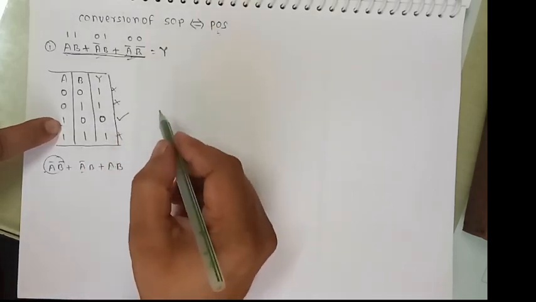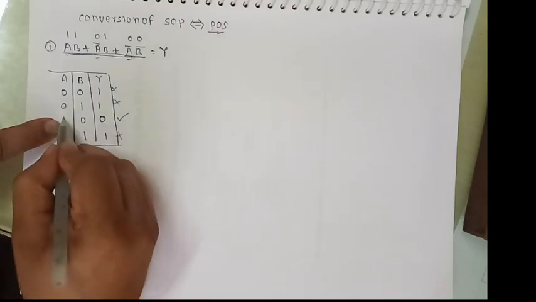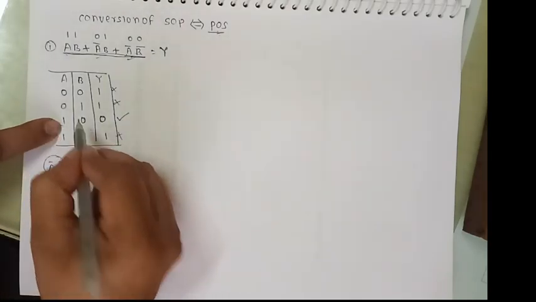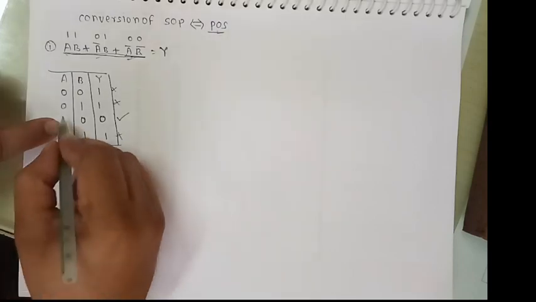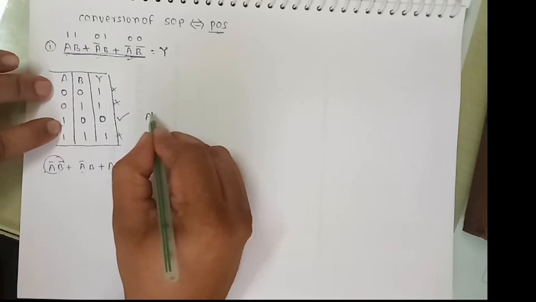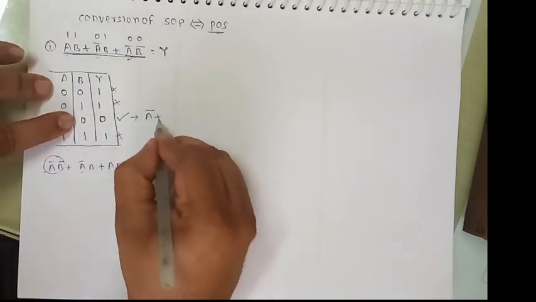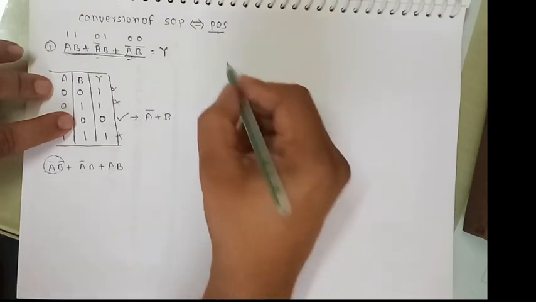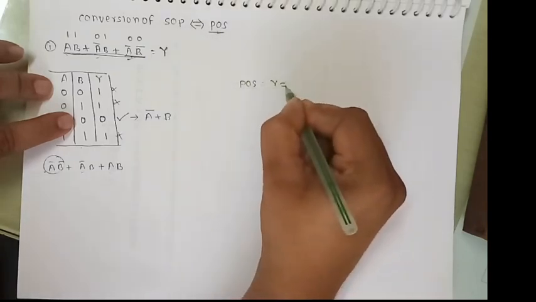We have also seen that for the POS equation 1 is referred to as the complement and 0 indicates the original value. Here A is 1, so it is A bar, and B is 0, so it is plus B. So the POS equation is Y equal to